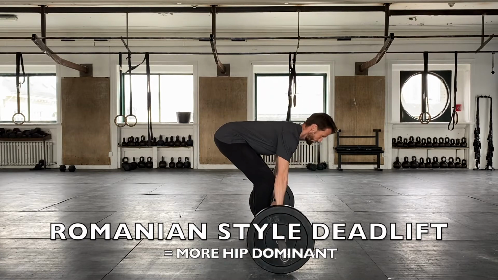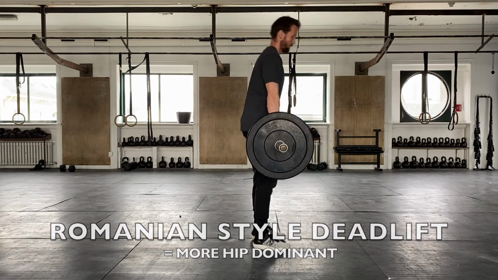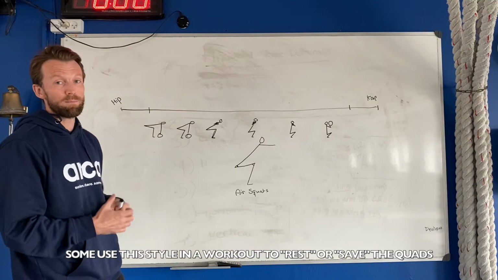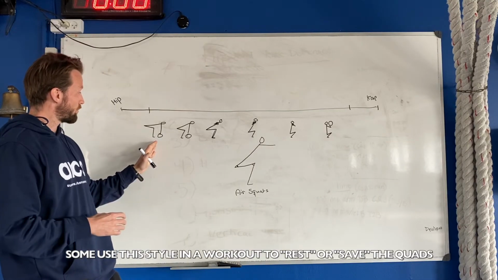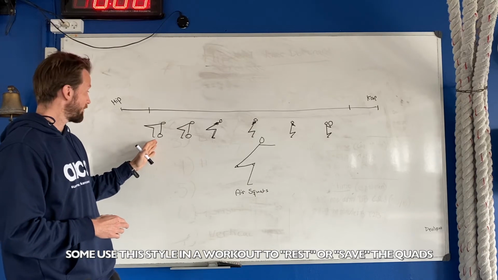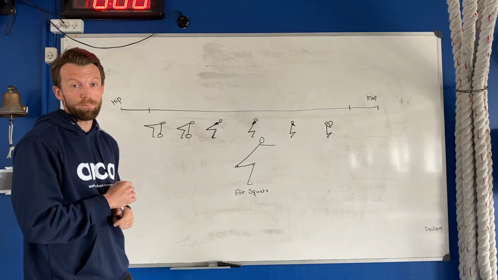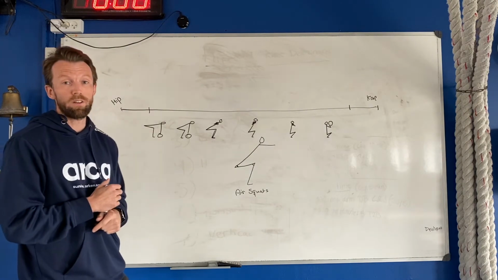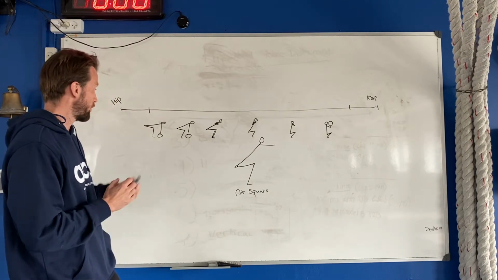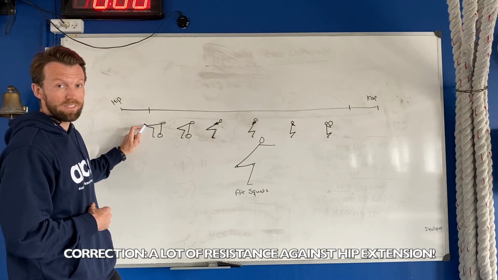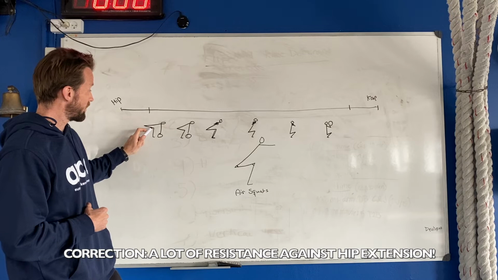There's a lot of other exercises that are very knee dominant. Some choose, if there's a deadlift in the workout, to do it very hip dominant instead. So in this end of the spectrum, you have the Romanian deadlift type style where you use a lot of the hamstring and the glutes, and there isn't a lot of demand for the quads, for example. So you can see a lot of